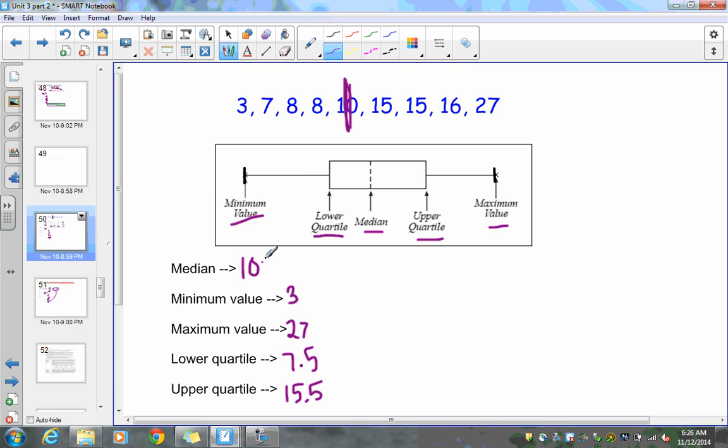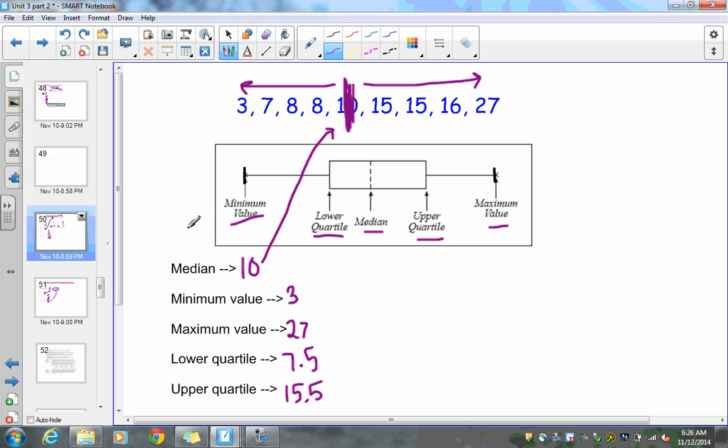One thing I want to bring to your attention is the median. Notice that it was actually a clear number, which was 10. Now, when you're doing the lower and upper quartiles, this 10 is no longer used. It's considered gone. So this is your upper, this is your lower. We haven't had one in this video yet. I just want to bring to your attention. Okay, so now let's do the